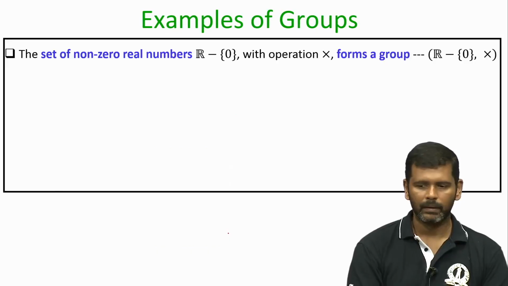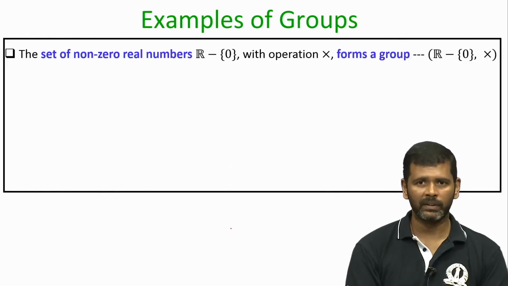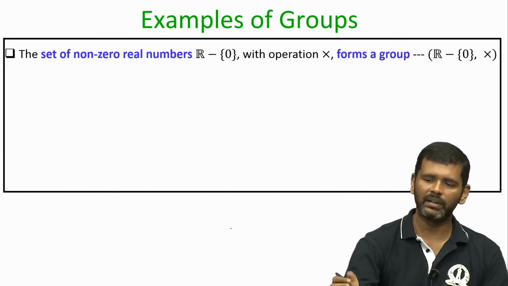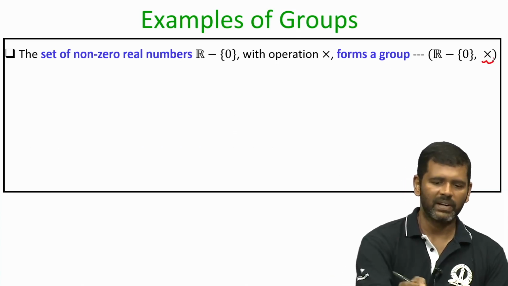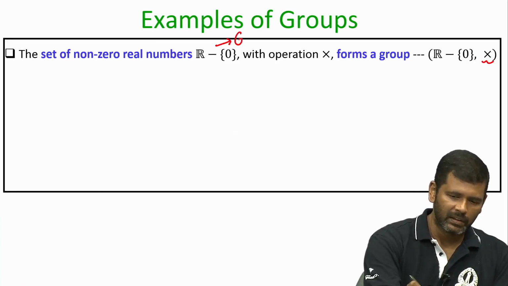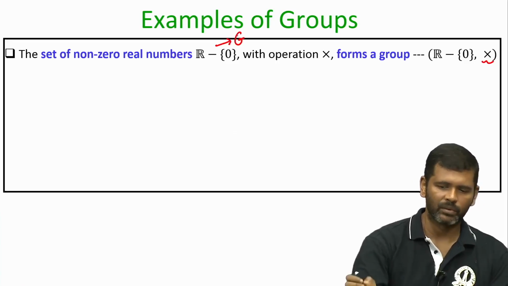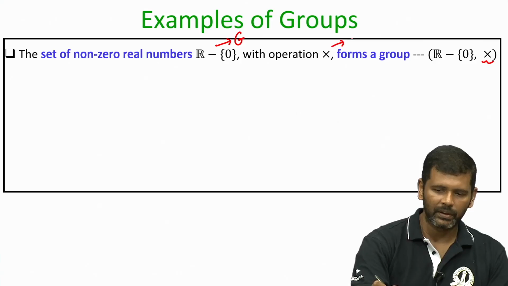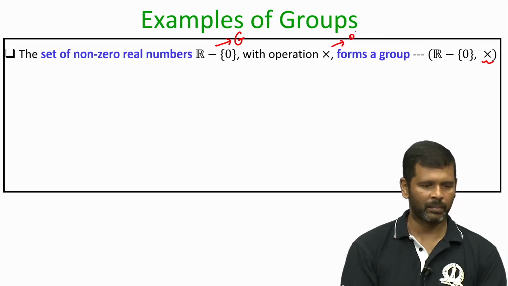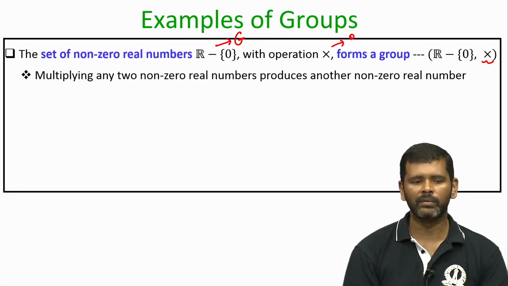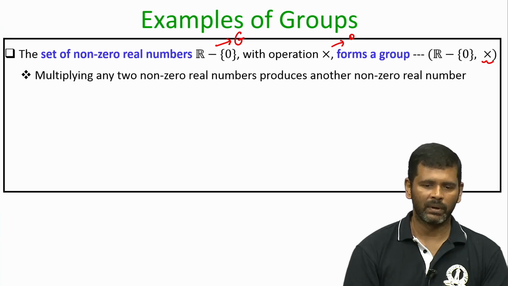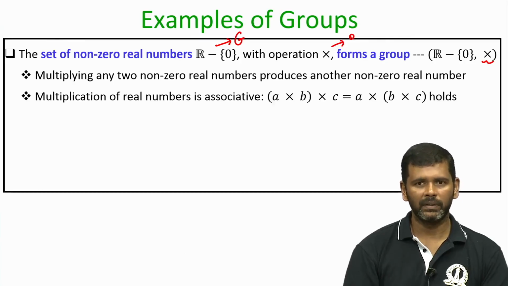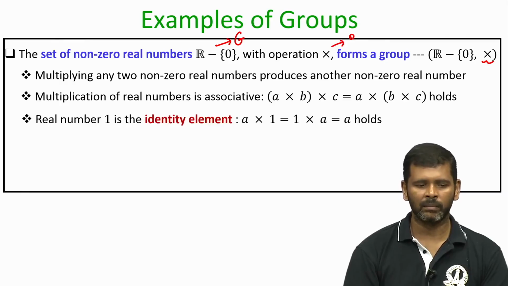Okay. So, we have seen now a group with respect to the plus operation. Now, let us see a group with respect to the multiplication operation. So, now my set G is the set of all real numbers excluding 0, and my operation O is the multiplication operation, and now you can see that all the 4 properties of a group are satisfied. Multiplying any 2 real numbers will give you a real number. Multiplication is associative over the real numbers.